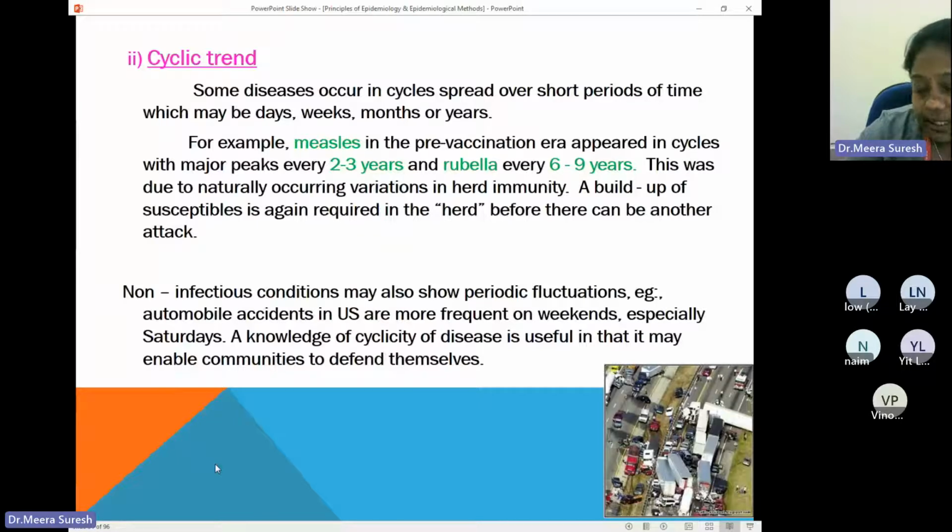the virus which causes influenza can undergo variation. We call it antigenic variations. And every 2 to 3 years, new varieties of influenza virus can be formed due to mutation, and it can result in an epidemic. So you will see that portion when I teach emerging and re-emerging disease, but I just mentioned it now to indicate the cyclical trend.